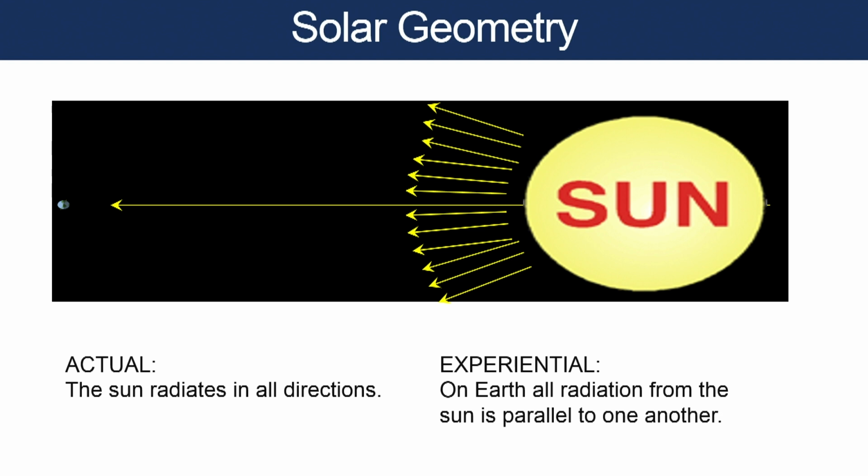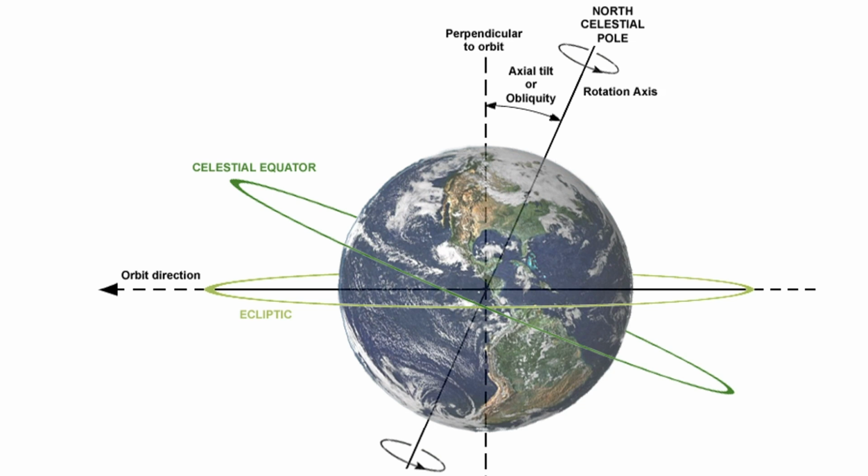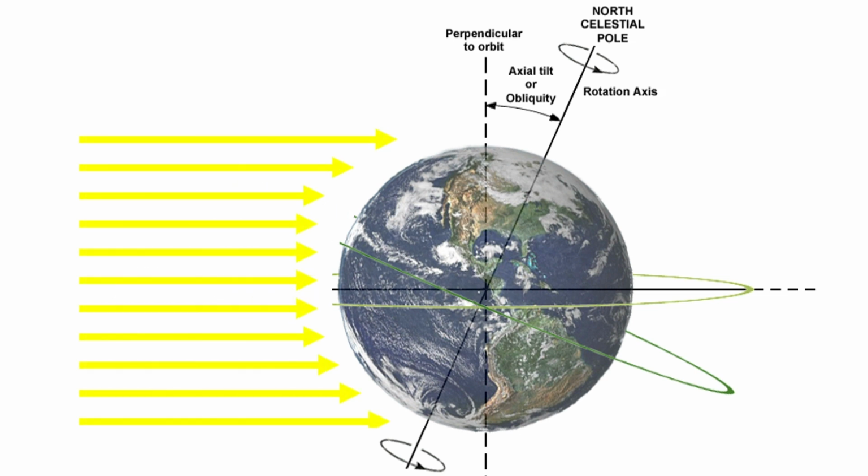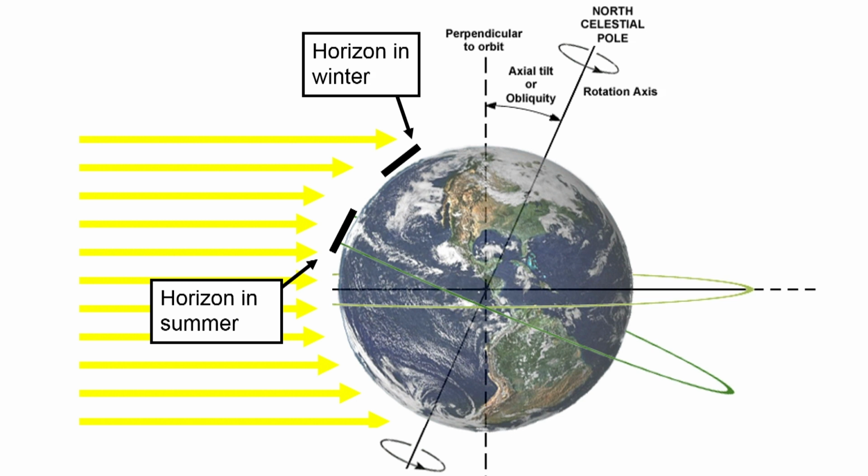Even though the sun looks like it's shining all over the place, it's like shooting an arrow and catching an arrow. And so the Earth then is tilted 23.5 degrees. This is the plane of the ecliptic. This is the axis of rotation, right? So this would be 90 degrees. This is tilted 23.5 degrees. Therefore, you can see that in our winter up here, we're sort of leaning away. And you notice that if you hit a target, if you're perpendicular to the target, you're going to get more arrows hitting that target than if you're leaning away. So more arrows of light, so to speak, hit the target when we're in our summer,